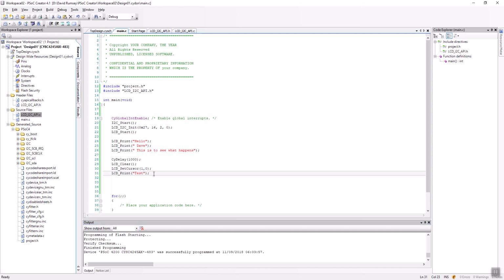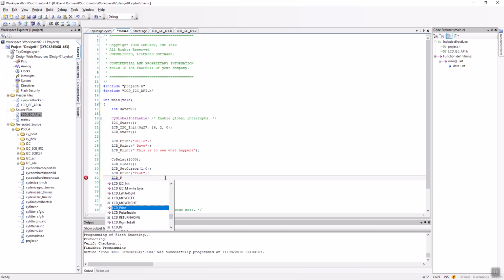Okay, so next thing we probably would want to be interested in is, what if I want to put in an actual, for instance, I'm going to just put in an integer here, and I'm going to say int data equals 27, just for kicks. And let's say I want to print that 27 there. If I do LCD print data,